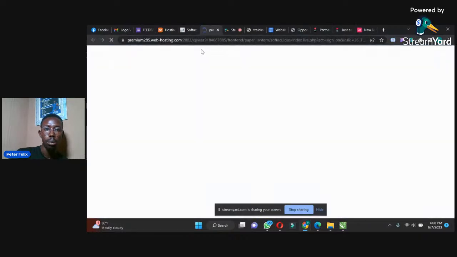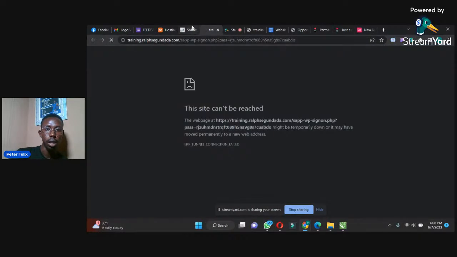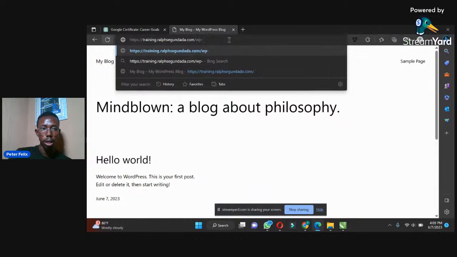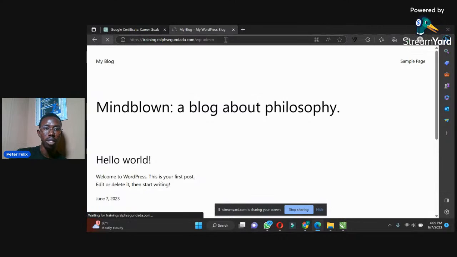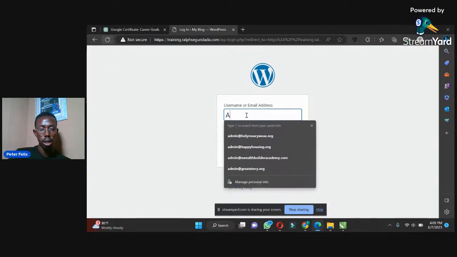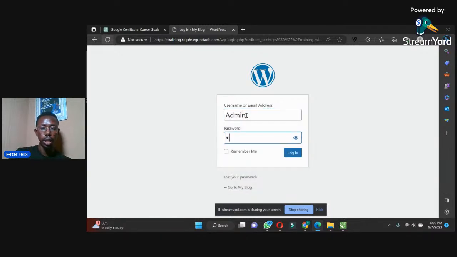If it's not opening on this browser, we have to use a different one. Now let's put forward slash wp-admin. I have to clear my browser cache on that part. Now it will ask you for your username and your password. Now let's put in the admin, then training